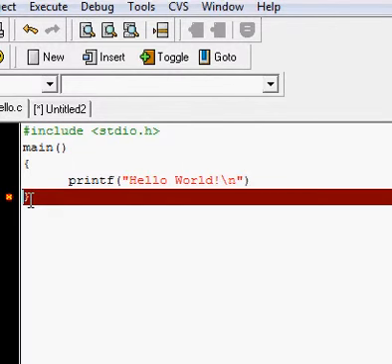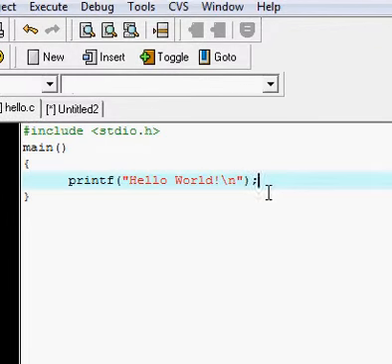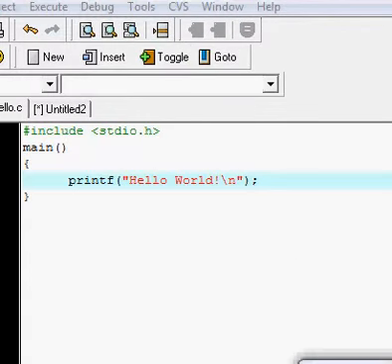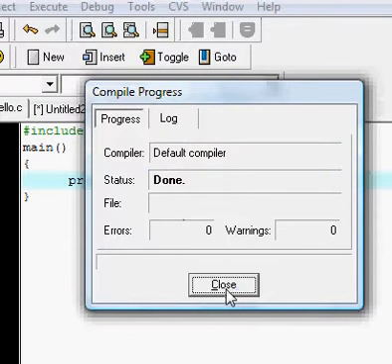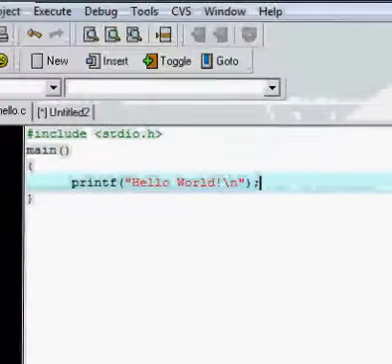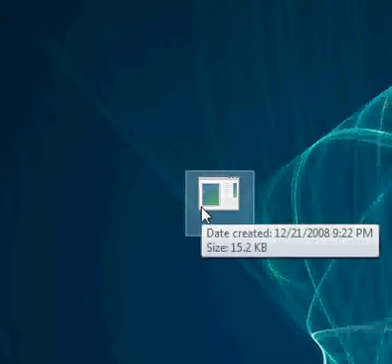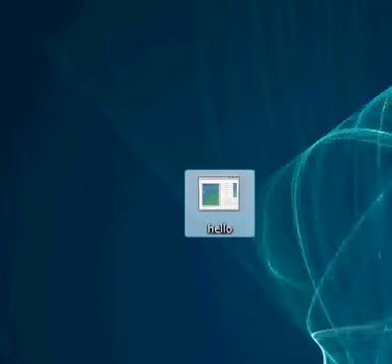So what this is telling me is that there is a syntax error before this line of code, and I know that, so I'm going to add the required semicolon and compile it. It's done compiling, so it's good. Now if we go back to my desktop, we've got the compiled program right here. You could double click on it, but I find that it opens really briefly and then closes. So I'm going to copy it,